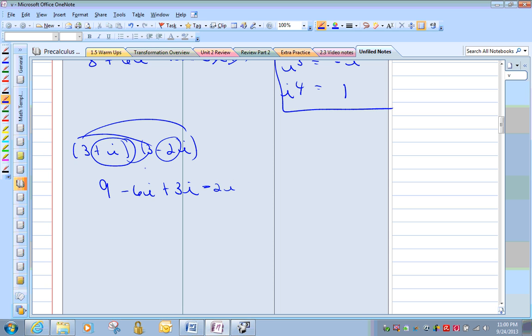And then last is going to be, oops, I just misspoke there. This positive i gets multiplied by this whole thing. So it's i times negative 2i, which is negative 2i squared. All right, once again, let's combine like terms. We have a negative 6 and a positive 3. So we first have the 9. And then you're going to have,